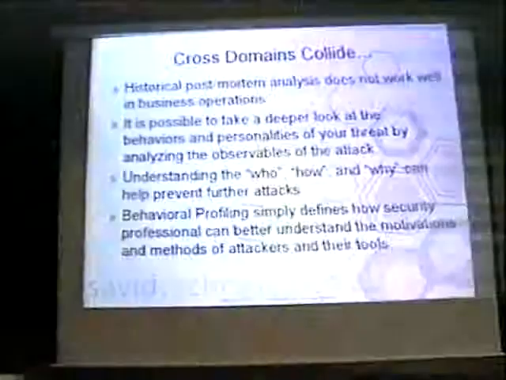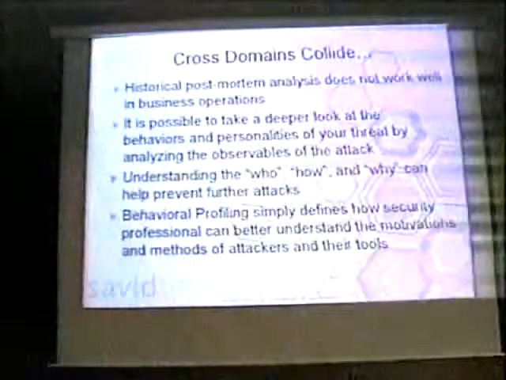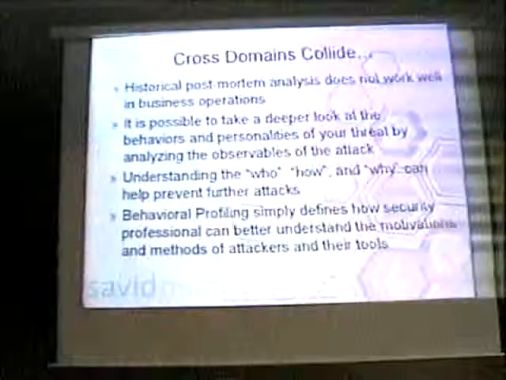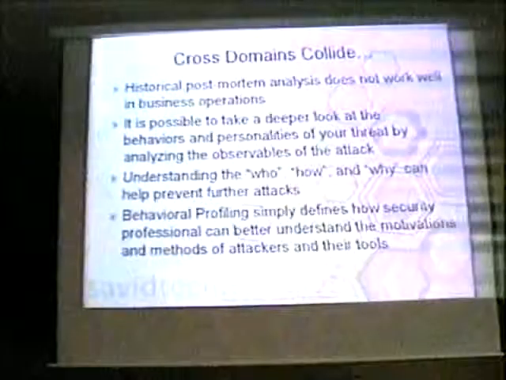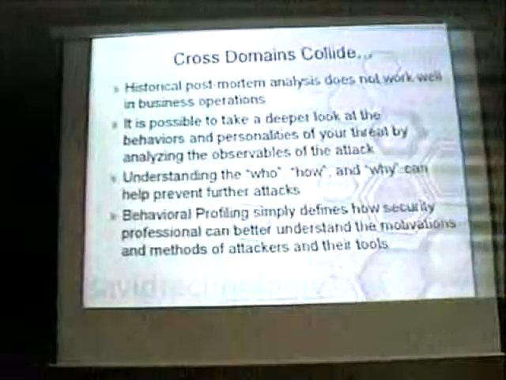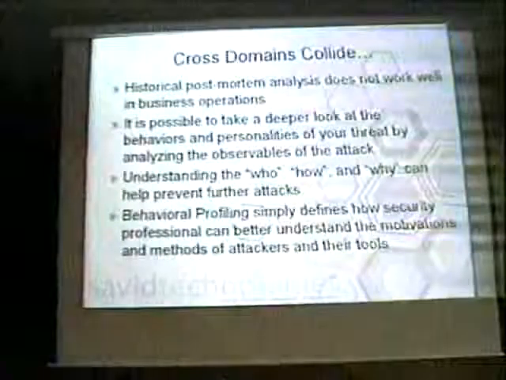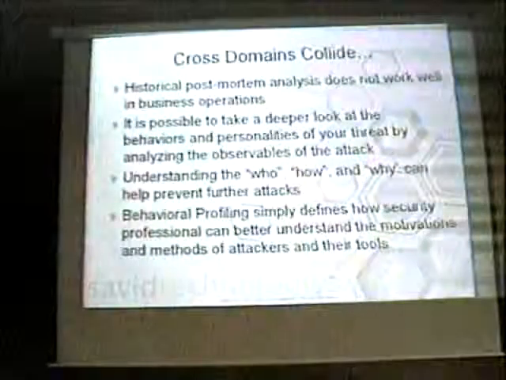So you have all these cross domains, right? Postmortem analysis is what we almost always do. An attack occurs, we respond to it. But you're trying to get your business back up, your organization back up, your customer back up after you've been hit. So you're reeling from this pain, trying to clean all this stuff up, but then you want to figure out who did it. And when you have to call the police, or you have to call the Secret Service or whoever, it makes it very hard to do so.